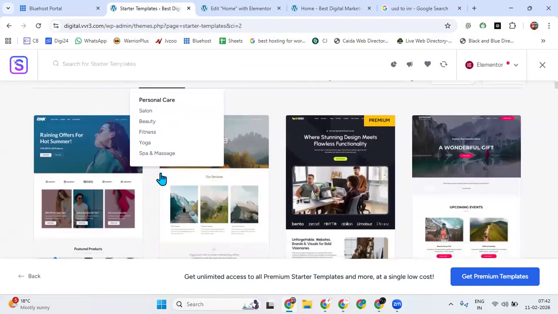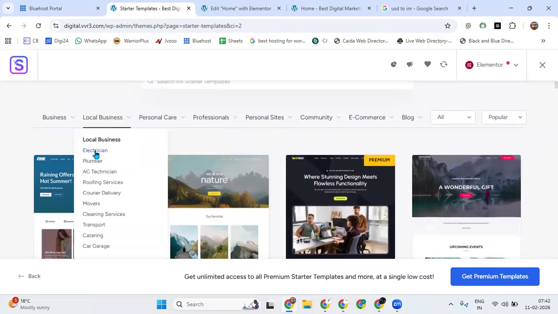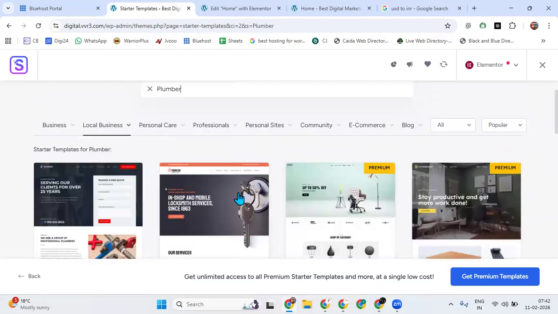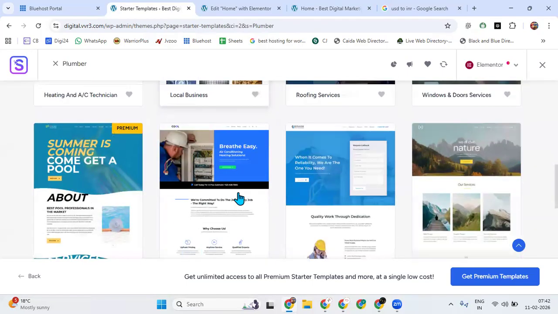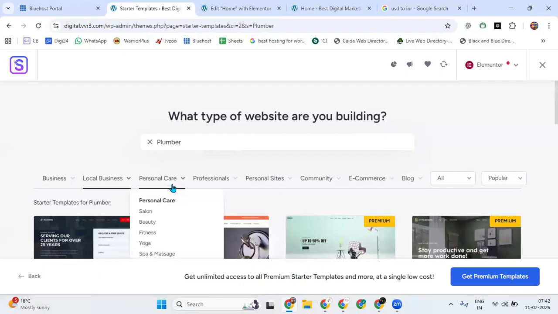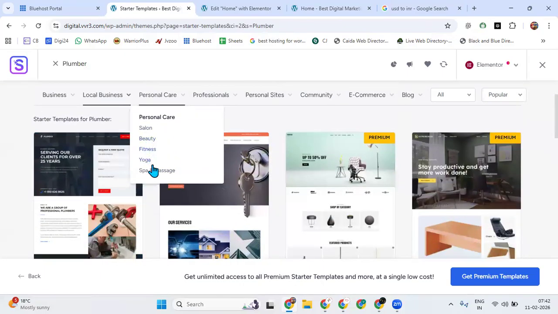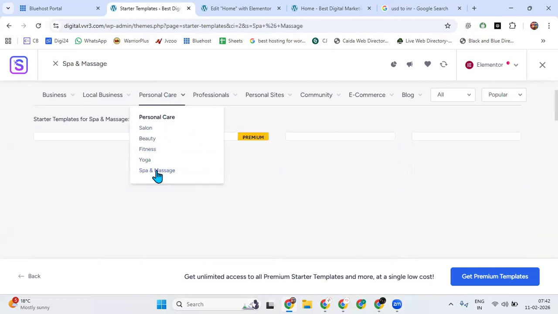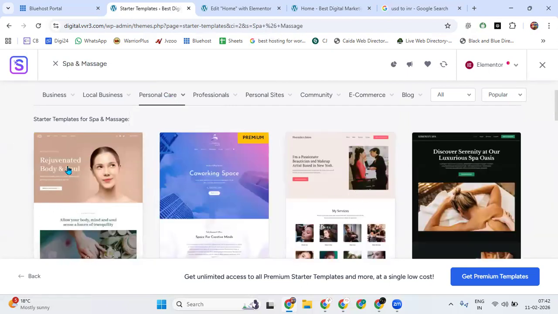And after, if you want this kind of themes, go to Slumber, change this theme, whichever is your favorite one, or if your website is anything like salon, beauty, yoga, spa, you can select these templates. You can see this kind of beautiful spa. Even if you activate this theme and customize it, you can sell this for more than 400 to $500